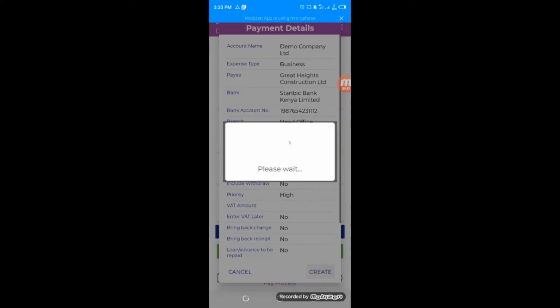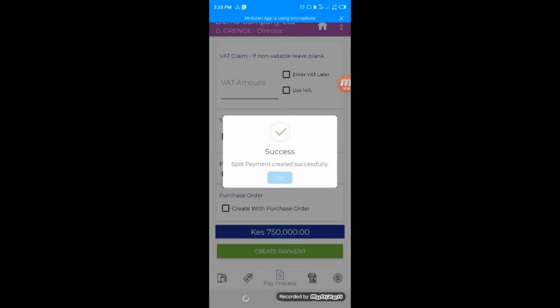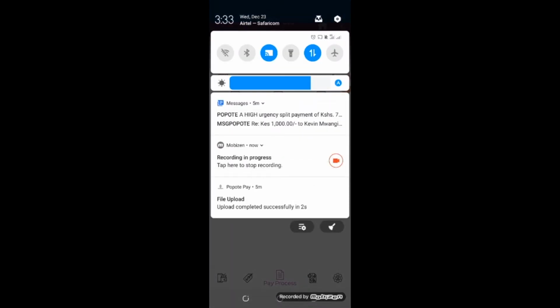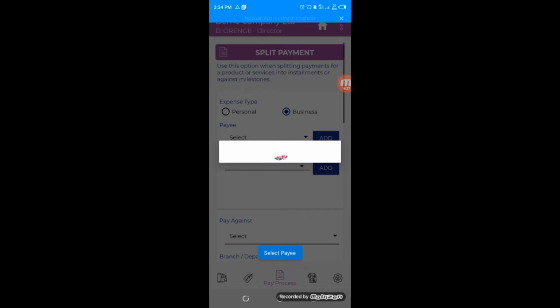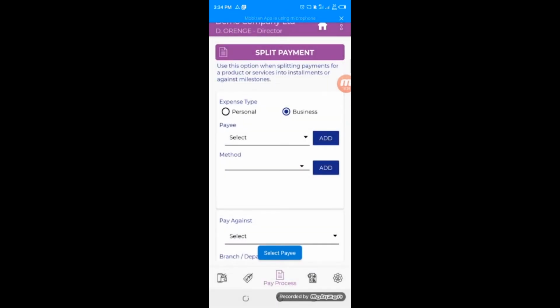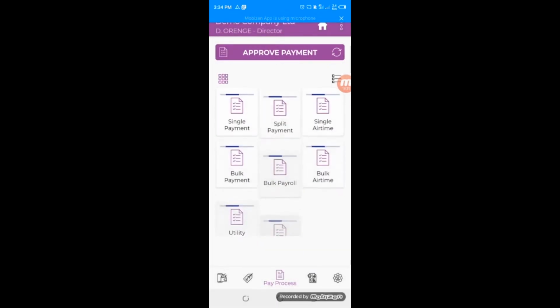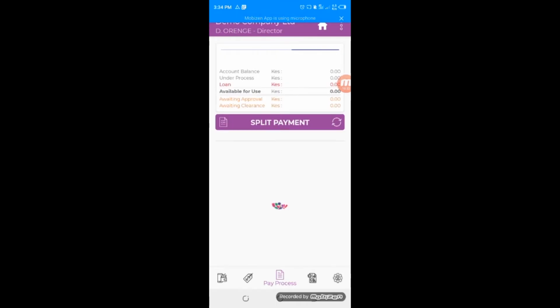After the form is filled, this can now be submitted for approval. And as earlier mentioned, the system will communicate to the approvers via SMS or email, depending on the settings that have been put in place. So the same process of approval applies as earlier mentioned, and split payments can be used in many scenarios, especially